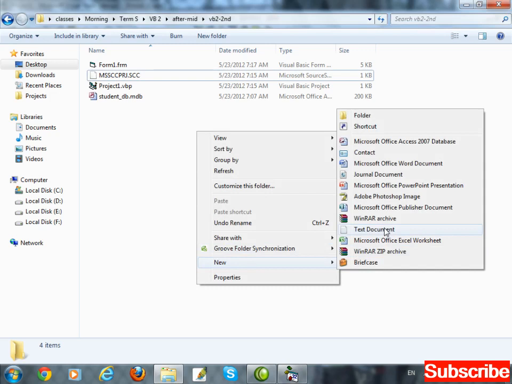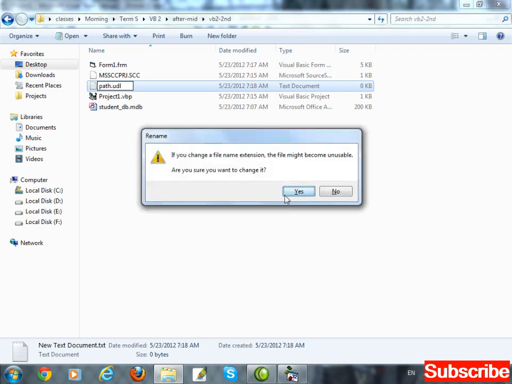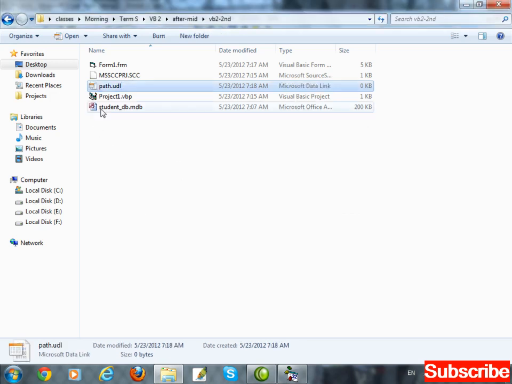This is how we create connection using unbound method. Select text document, change the name of this document, for example path, and also we have to change the extension. Extension is right now txt. We are going to change it to udl. Enter. Yes, I want to change the format. You can see the icon has been changed. Now double click on this file.